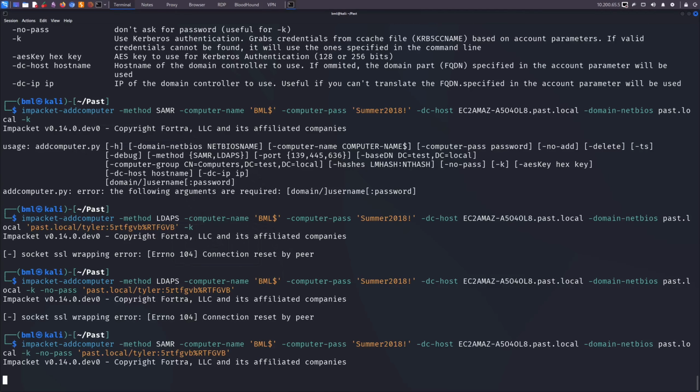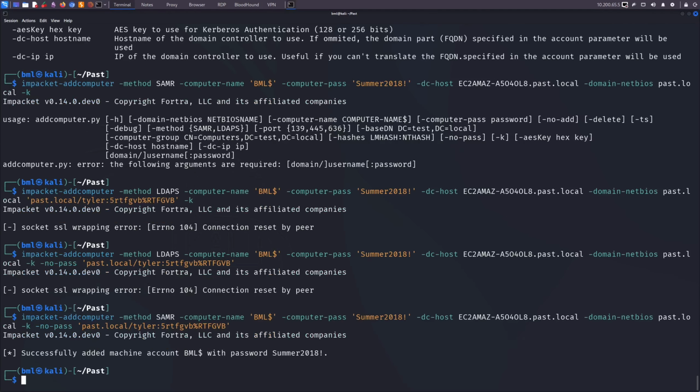Let's try it like this. Oh, it's taking time, and it worked. Successfully added machine account with password. Oh, it worked. The thing is, I was using older commands in order not to type all of this, and